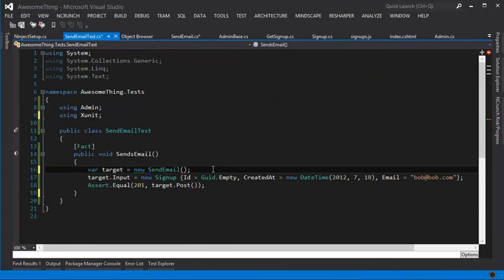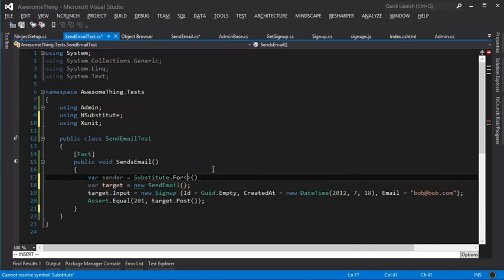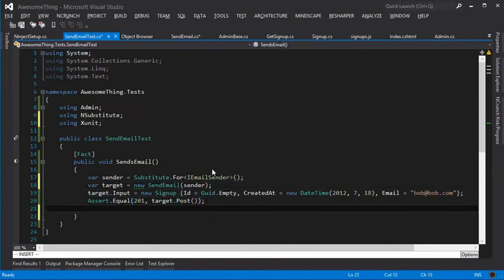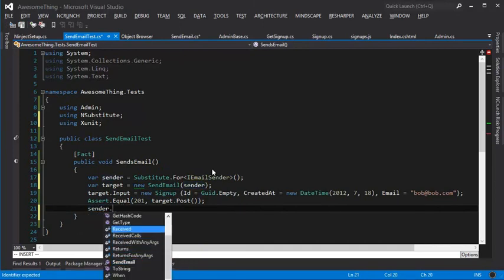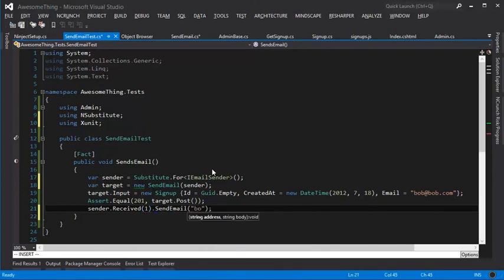So then I can create a lovely mock, and we'll just say var sender equals substitute.For my email sender, and we'll pass that sender in there, and then down here we will say sender.Received once.send email, and that should have gone to bob@bob.com, and we'll make that just say hello at this point,